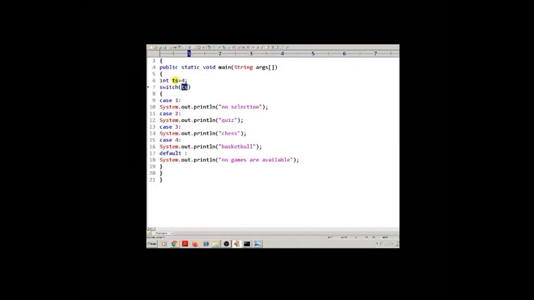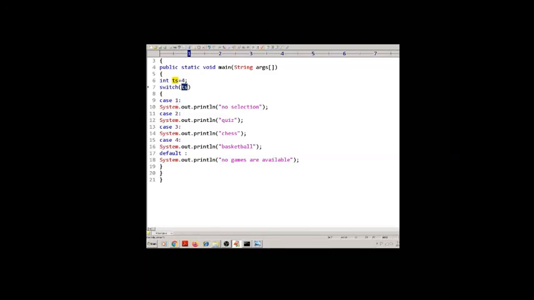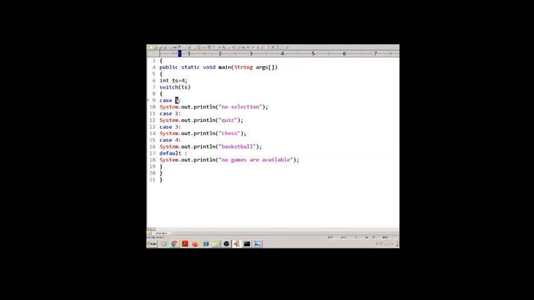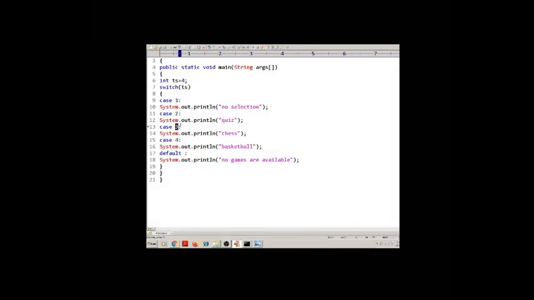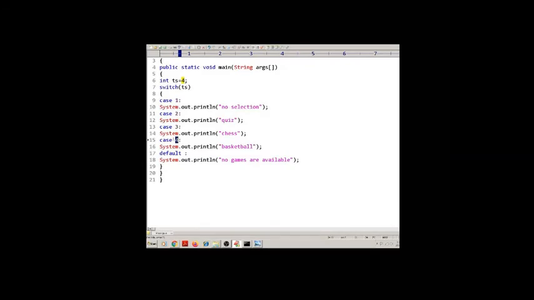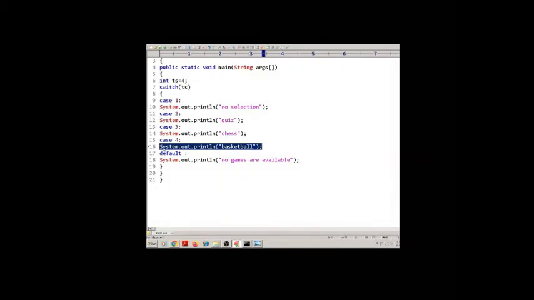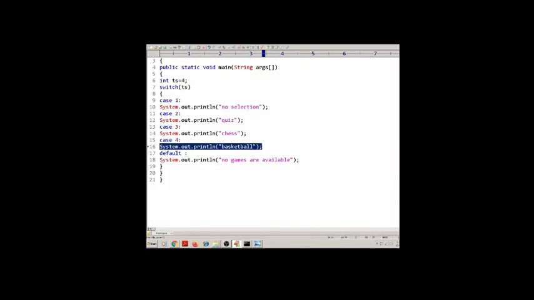So the test expression contains 4 and it does not match case 1, again case 2 not matched, case 3 not matched, case 4: the test score is matched with case 4. So the case 4 block is executed and then the other blocks are executed continuously.